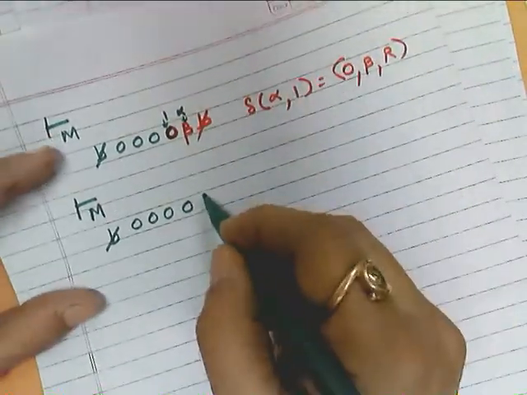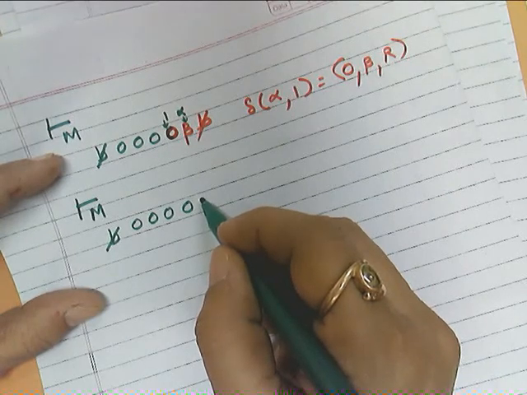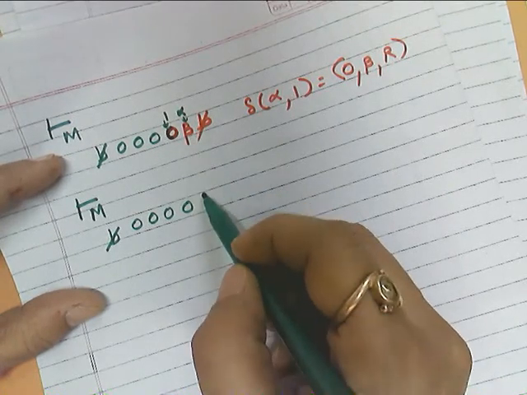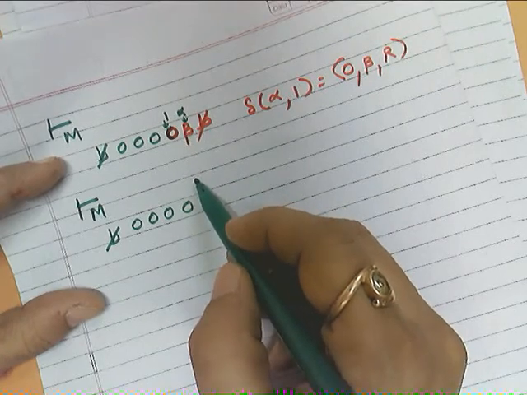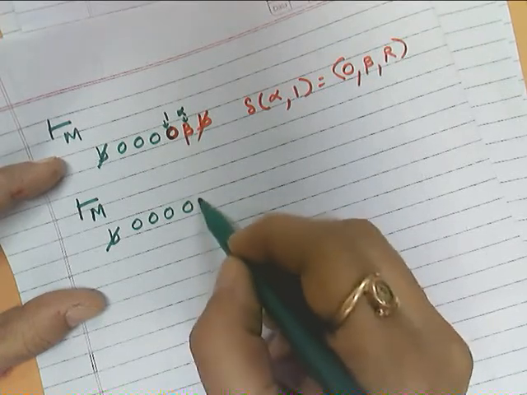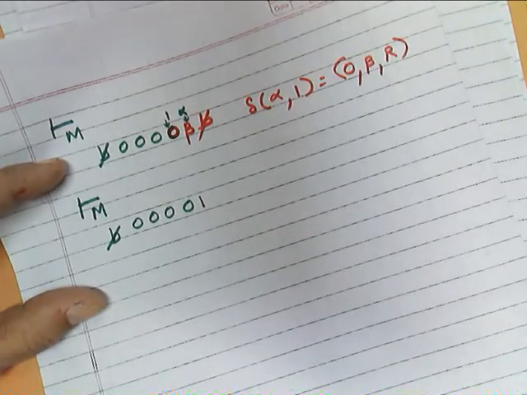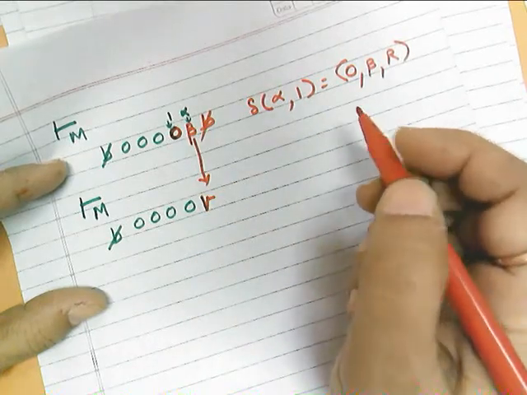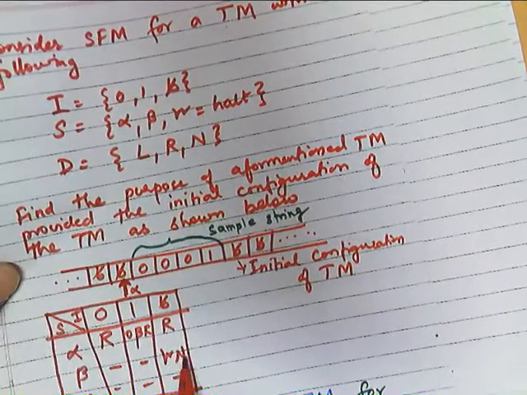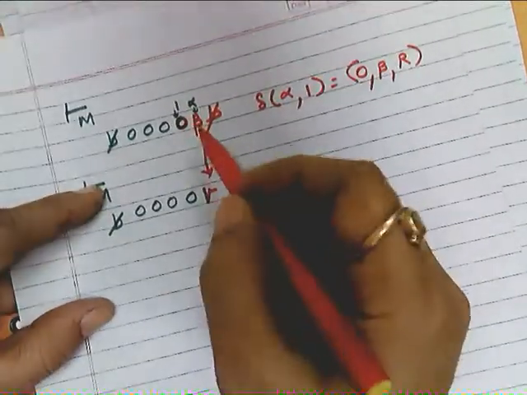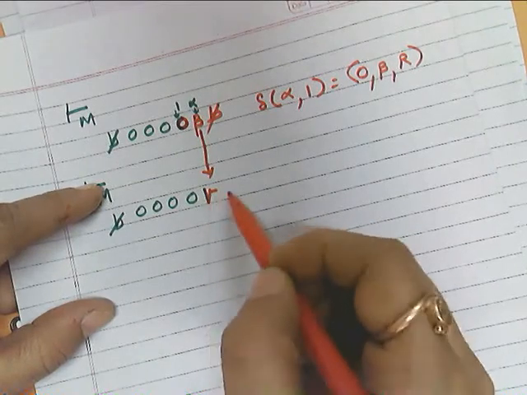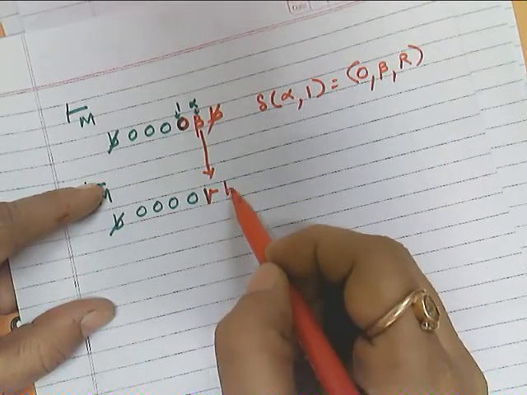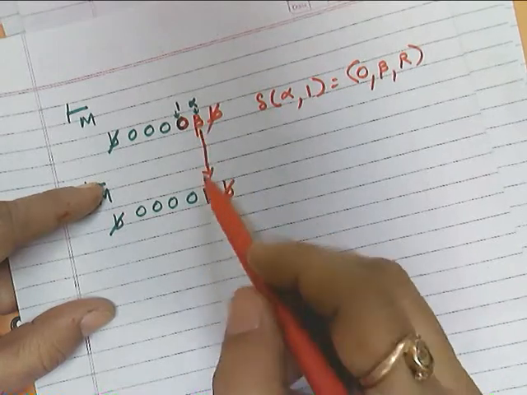So we want to reflect this. How will we reflect it? Now again we have to do no movement. That means we need not change the position of this beta. So beta will be updated to gamma and it is no movement. What is written? State is changed to gamma and no movement. So since no movement, you need not change the position of this gamma, you have to only update the state.